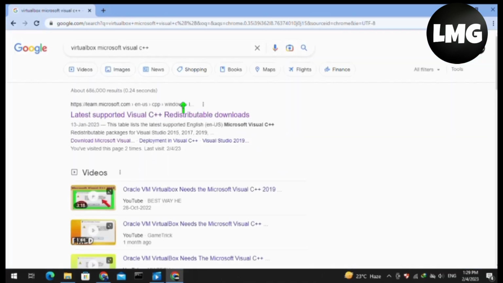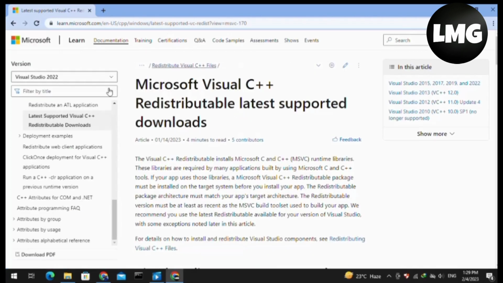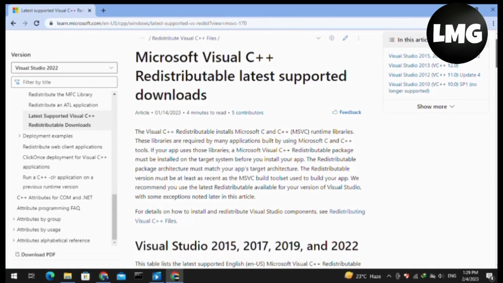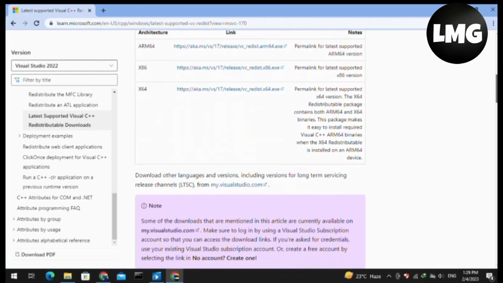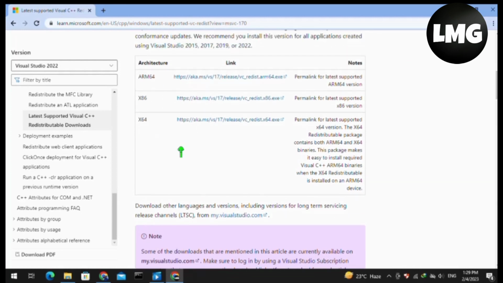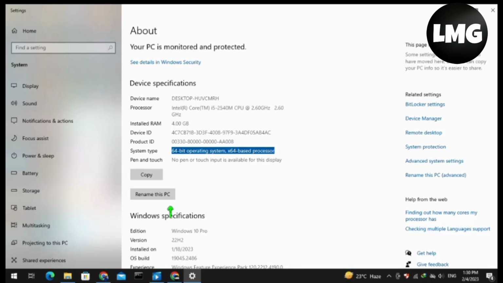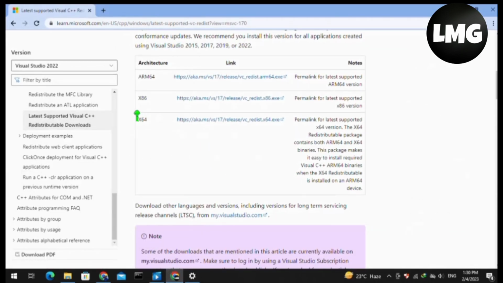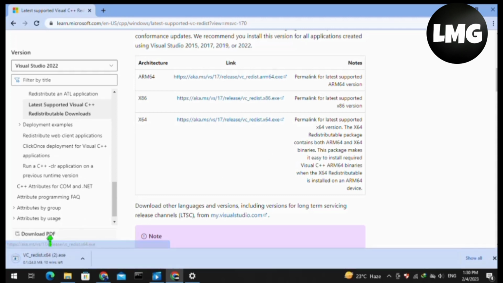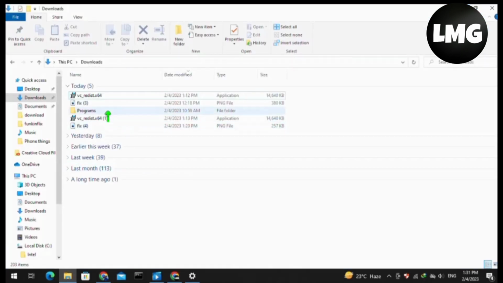I click to open this link to open the Microsoft Visual page, and now just scroll down. You will find some links here. You have to check which link matches the specification of your PC. My specification is 64-bit, so I want to download this 64-bit one. As this 64-bit Microsoft Visual matches the system requirement, after this you have to open the downloaded folder